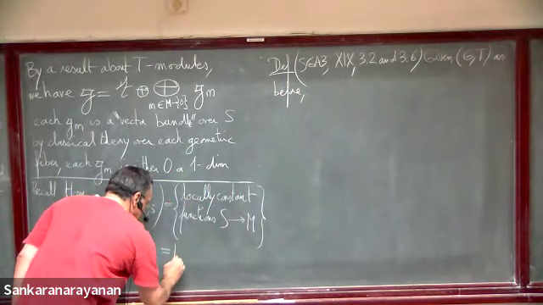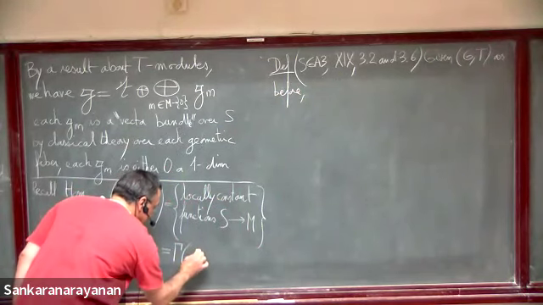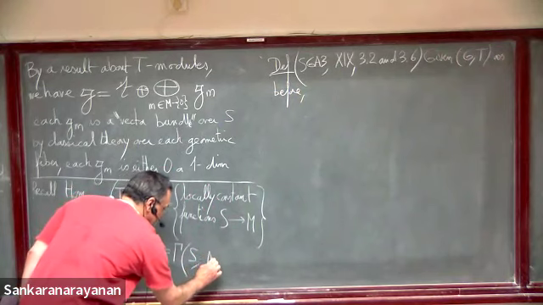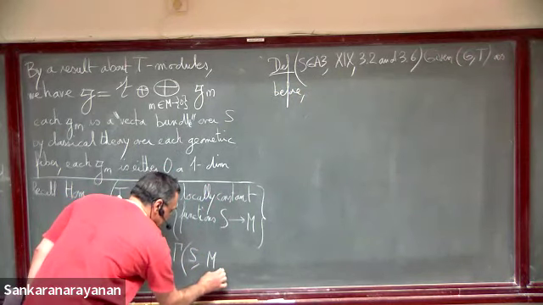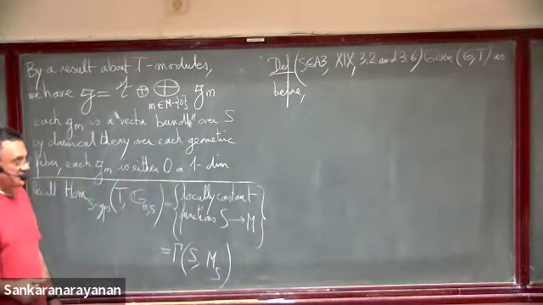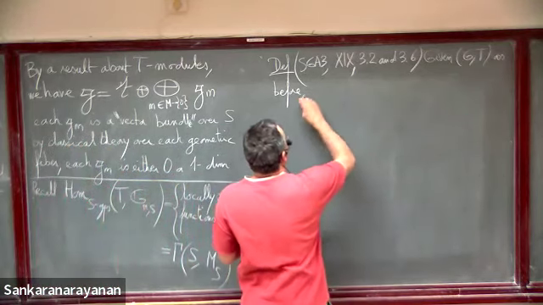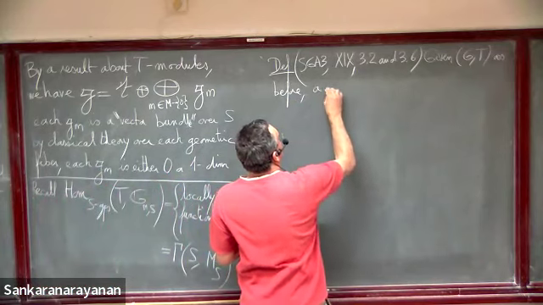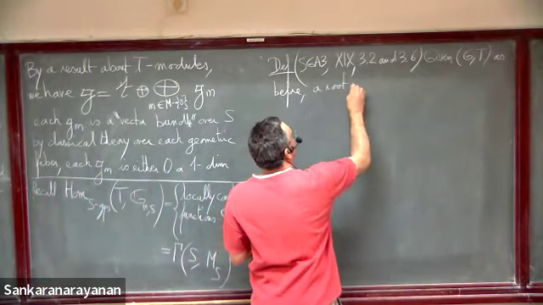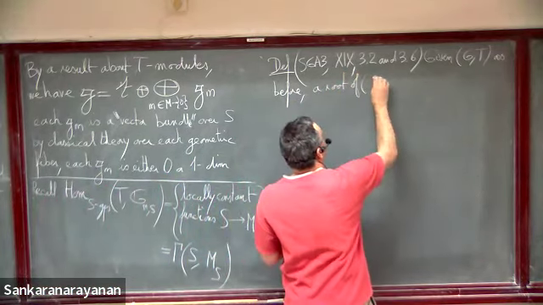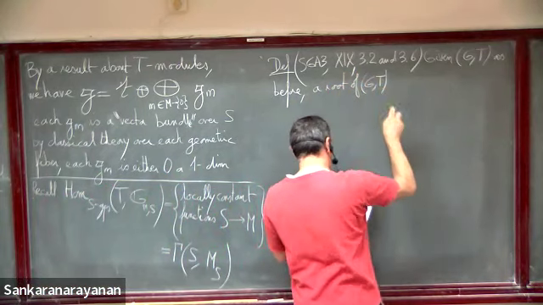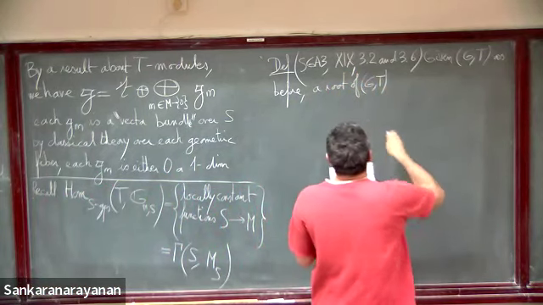So by definition, this is a section over S of the constant group scheme M_S. So what we call a root of (G, T) is